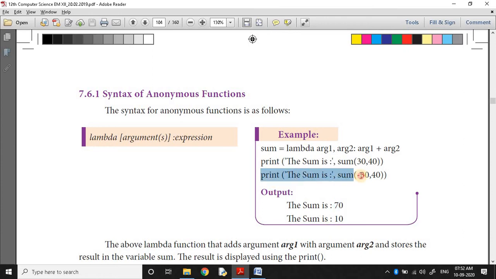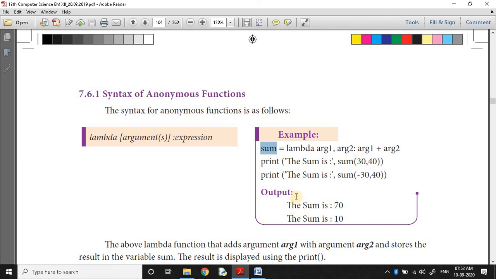Again the same function is called. How is the function called? Lambda functions. Before the lambda keyword, what is the variable name given? That name is the name of the function. Here there is no name for the function. Lambda, then list of arguments. So the function is unnamed, but indirectly it is named by the assigning variable.